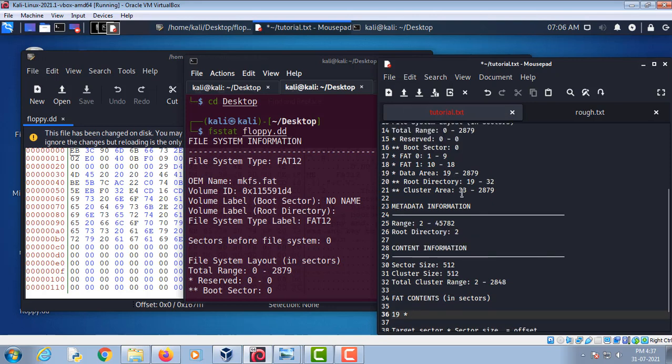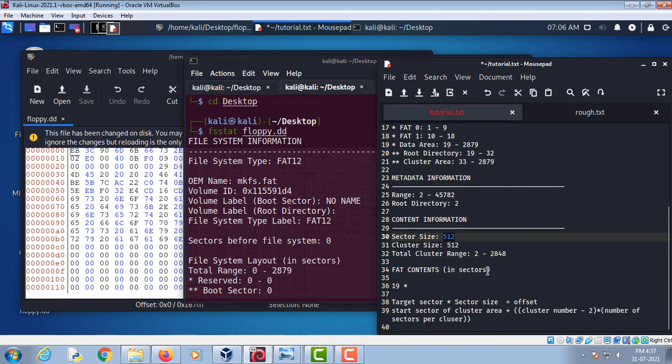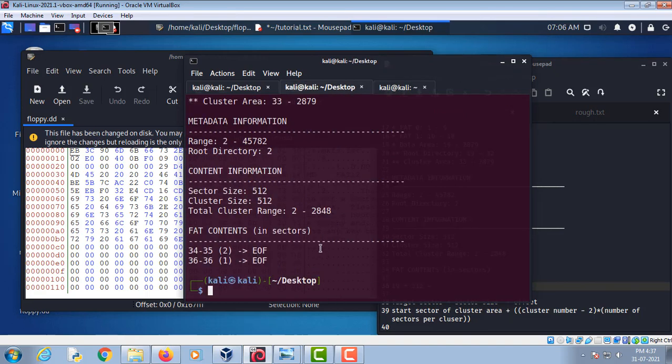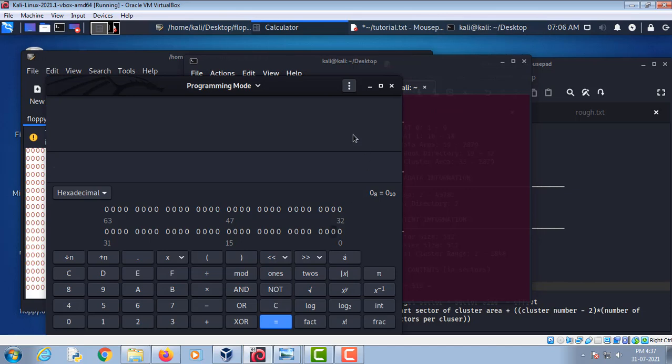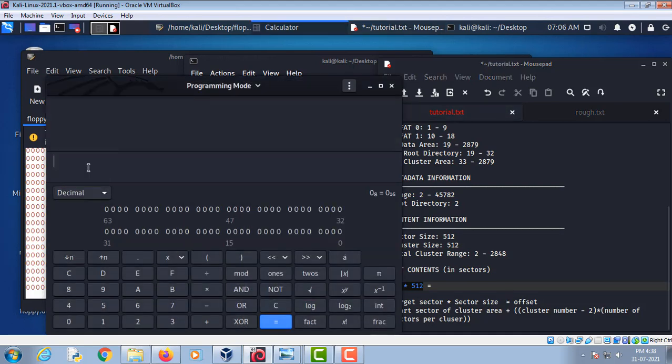As you can see, sector size is 512. So we will multiply this with 512, and let me open calculator. Okay, so let's multiply it. We got this.